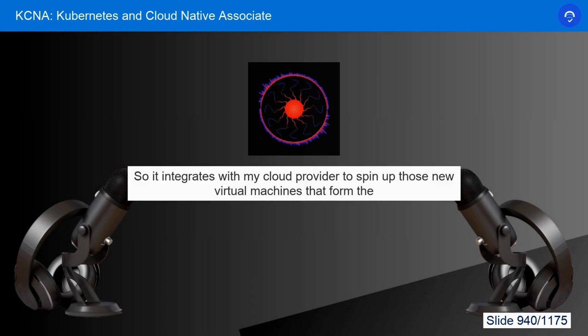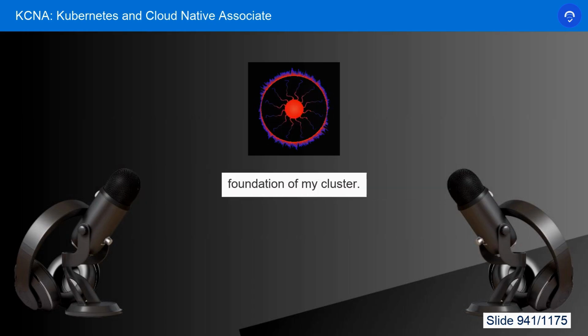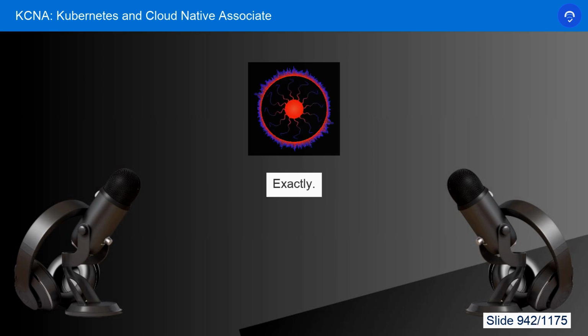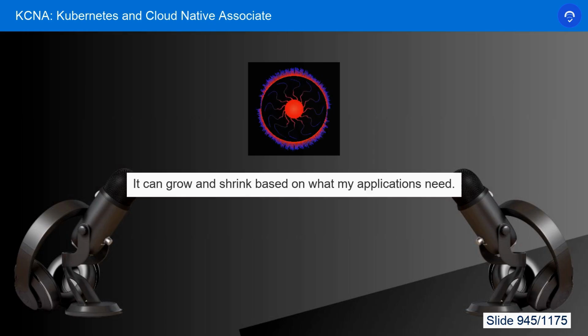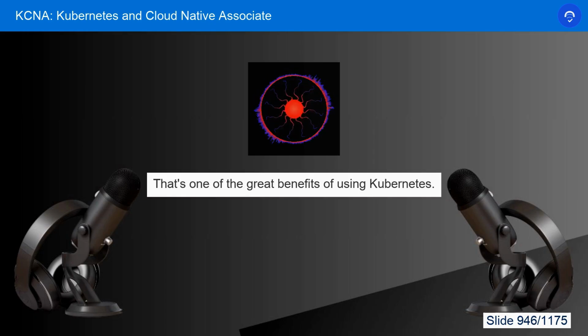Okay, so it integrates with my cloud provider to spin up those new virtual machines that form the foundation of my cluster. Exactly. So my infrastructure is elastic. It is. It can grow and shrink based on what my applications need. That's one of the great benefits